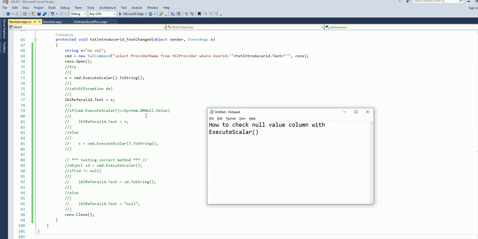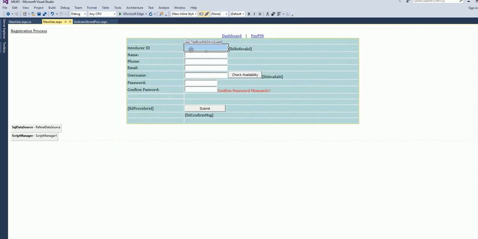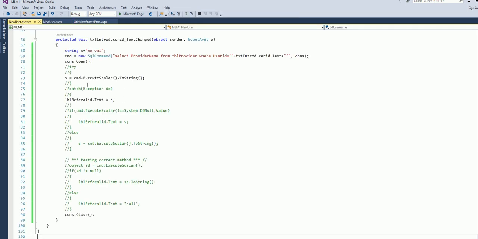Now I want to use ExecuteScalar for this small value, so I can bind it with a label control and show it on my screen. So now you see I'm trying to fetch the value using anything that I'm trying to locate from this text box. So let's see. So this is the example, and